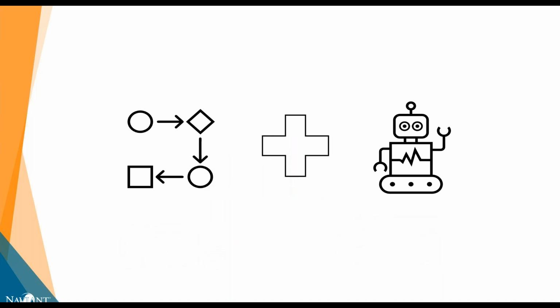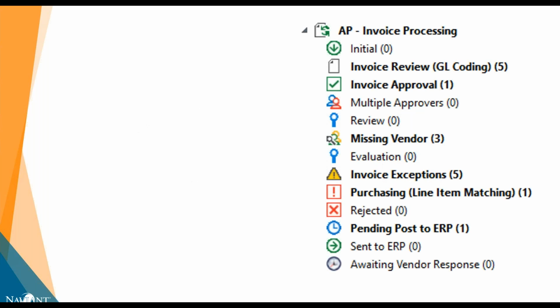Starting off, we'll talk about the workflow and RPA together. To illustrate this, I picked a pretty common example, an accounts payable invoice processing workflow. It consists of a series of process steps or queues, and the queues can contain work items much like your email in your inbox. Now, these queues can be a combination of automatic and manual steps. The workflow engine can examine the data associated with each work item and potentially make decisions to move that item along in the process.